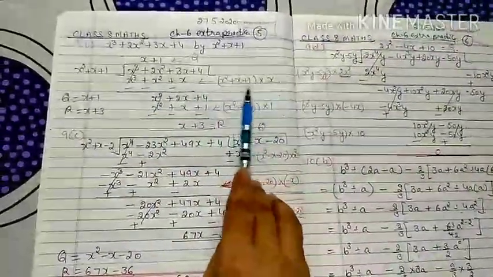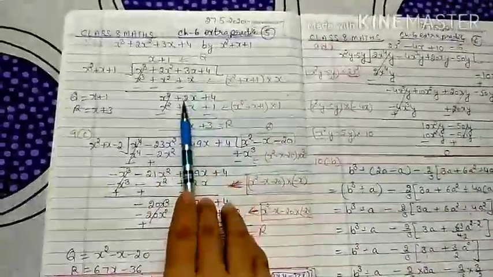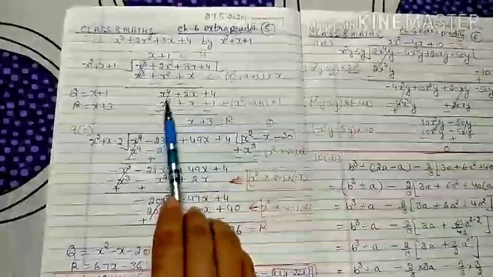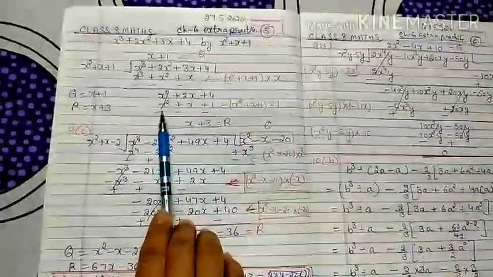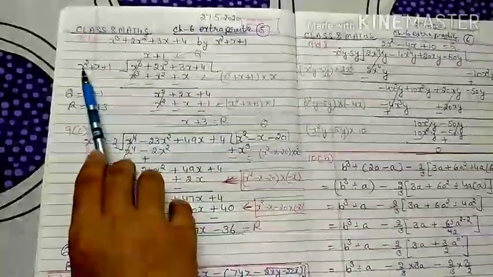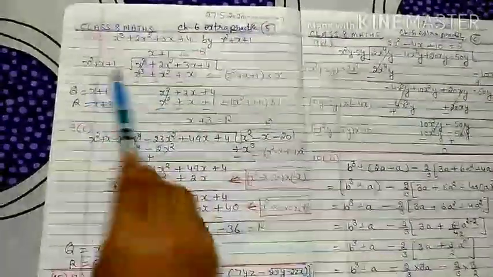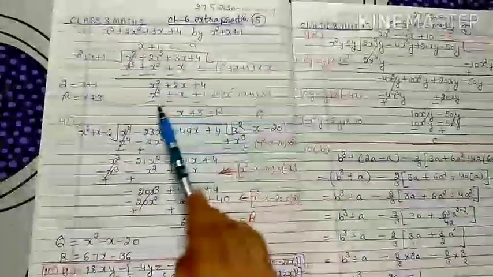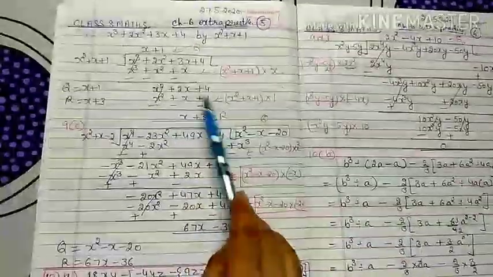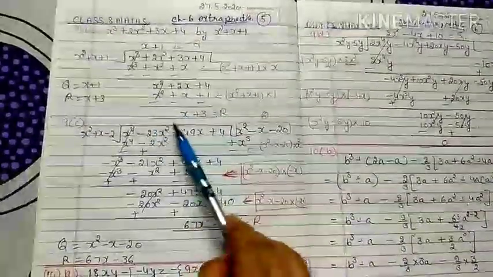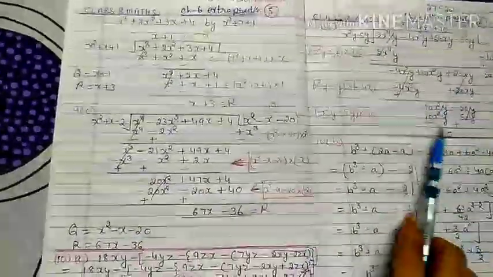The rest of the divisor terms multiplied by x give me x square and x, which should be written under the like terms. After subtraction this gives me x square plus 2x plus 4. Now my next target is to remove x square. So x square is already present here, which means I have to multiply by 1. So x square plus x plus 1 multiplied by 1 gives the same as the divisor. After subtraction my remainder is x plus 3 and my quotient is x plus 1.